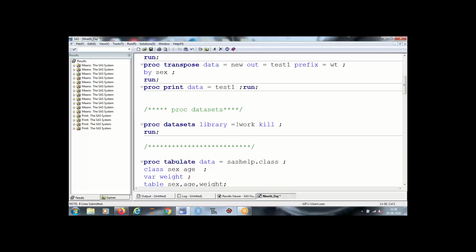Now I use this particular option to kill my working library. Whenever I work on a project, I create 20, 30, 40 temporary data sets while writing my program. Now all those data sets occupy the space which is available for you.